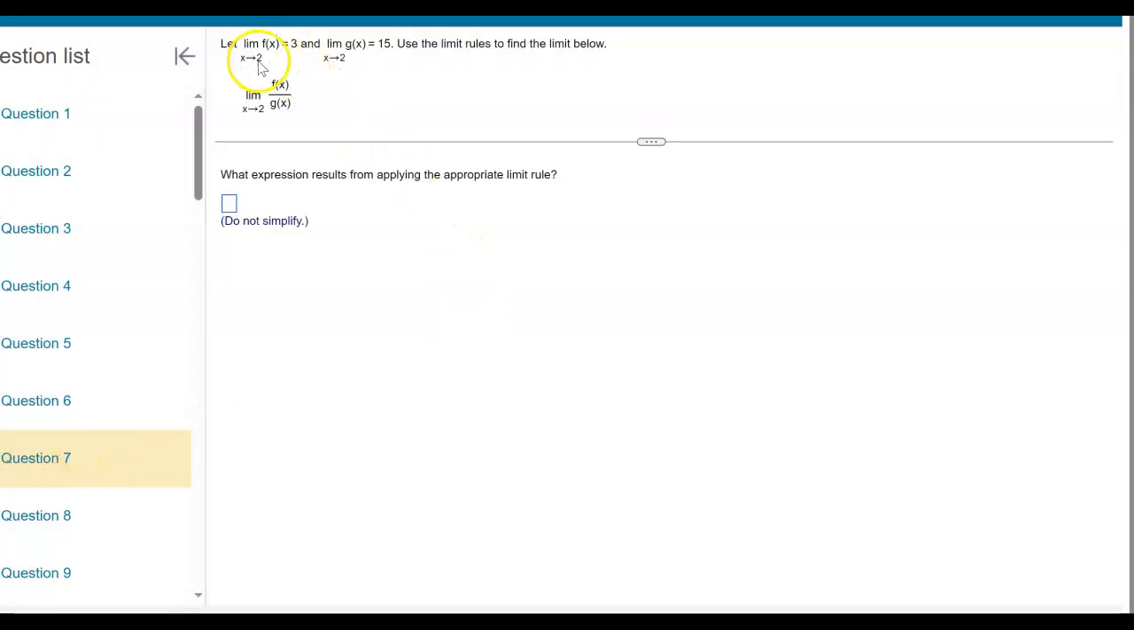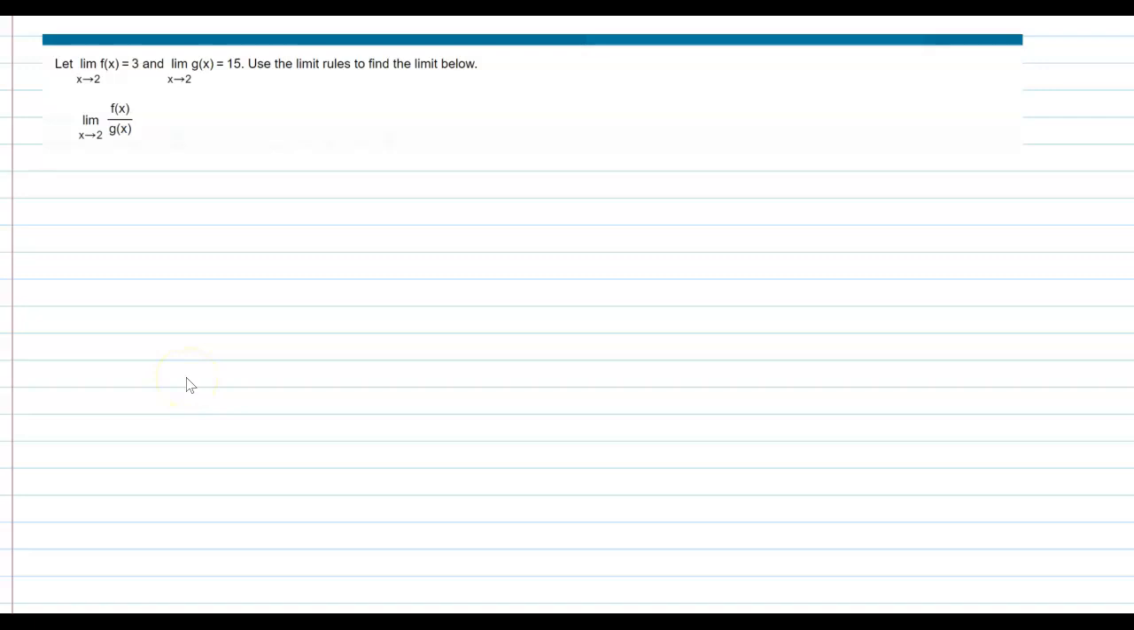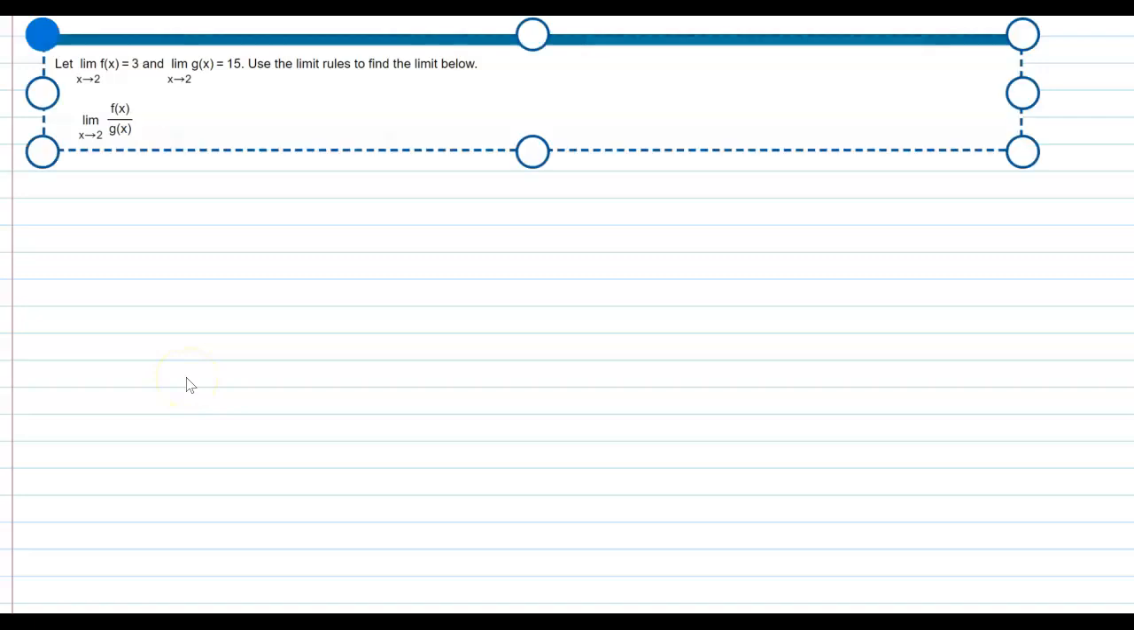All right, so now here you are given that the limit of f of x as x approaches 2 is 3, and the limit of g of x as x approaches 2 is 15. Use the limit rules to find the limit below. So we are looking for the limit of f of x over g of x. And so now to compute this limit here,